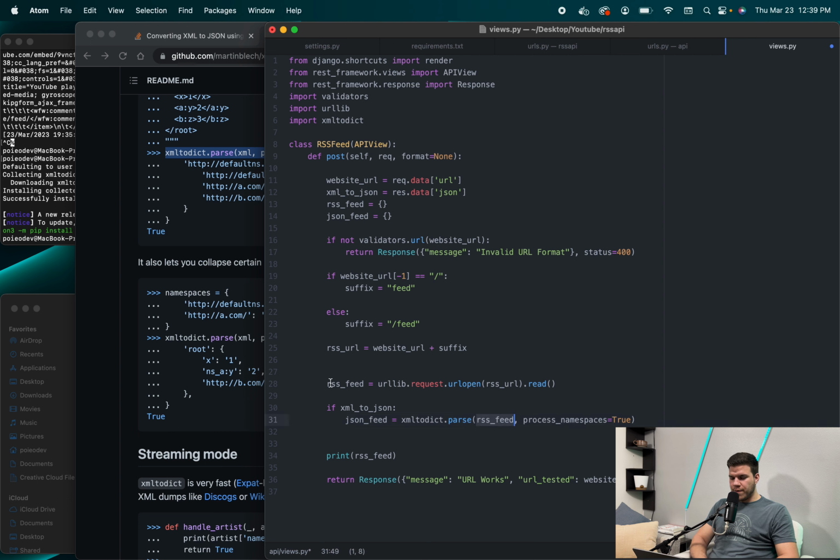Git add, git remote add origin. And we're going to copy this. Git commit -m. See if this works. I think there's one more step I'm missing, but we're going to give it a try. Git commit -m initial, git push -u origin. Now this is using a main branch